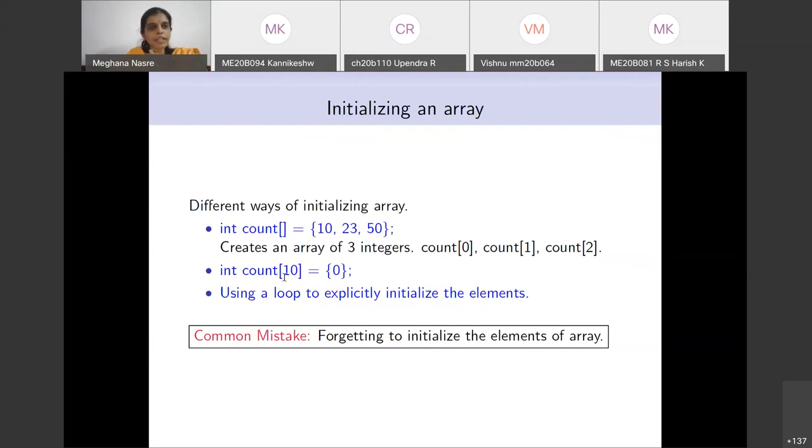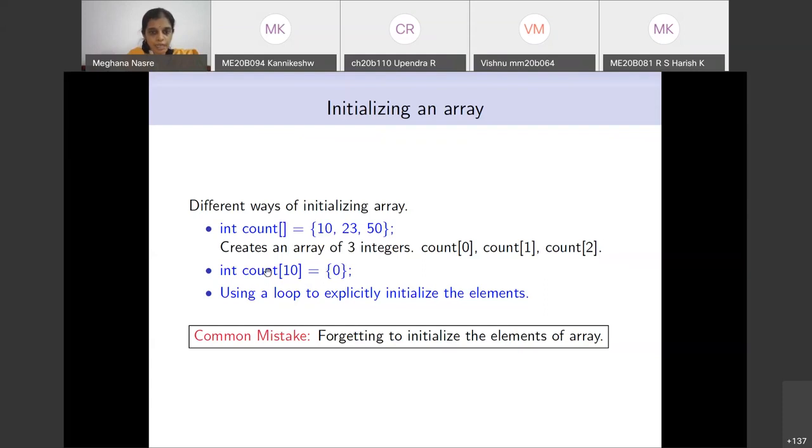But they are not. In C, you should not rely on these things happening. It doesn't happen that it is initialized to 0. It may happen. If you are lucky, it will be initialized to 0, but you cannot rely on that in C. Okay, thank you. Right. So here, note that we are explicitly giving an initialization, but we are giving fewer